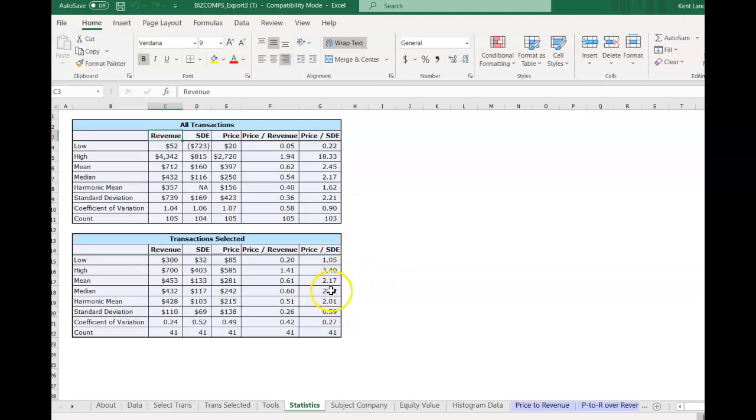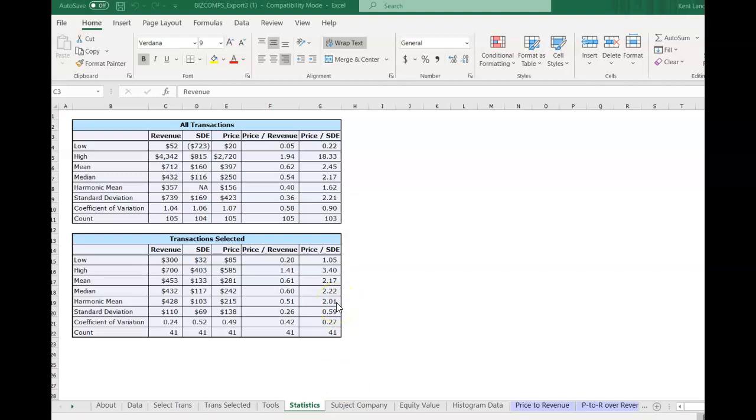I feel you should use either the median or harmonic mean in terms of accuracy. I tend to like the harmonic mean because usually it's a little lower, a little more conservative. The next thing I want to show you is how you can turn an asset value into a stock sale value. Again, normally what we're going to use is one of these metrics, either the harmonic